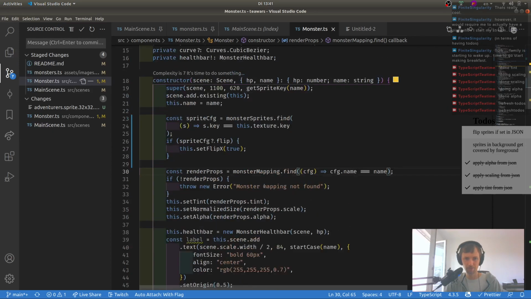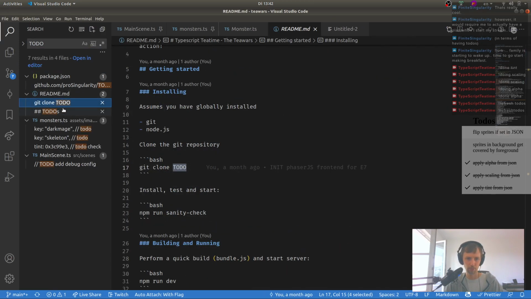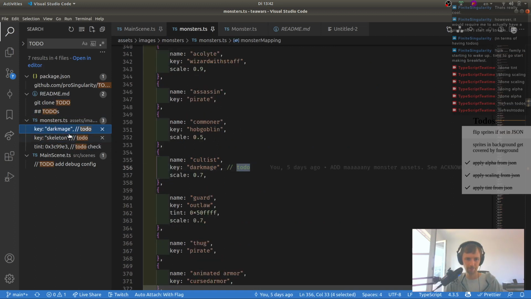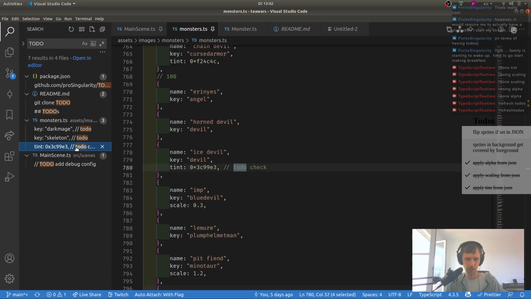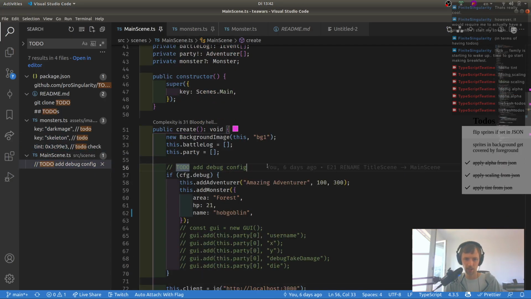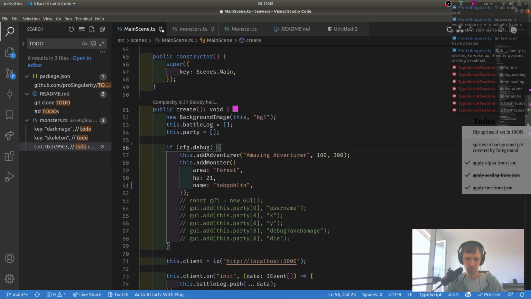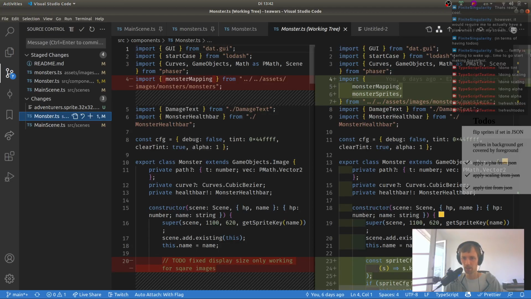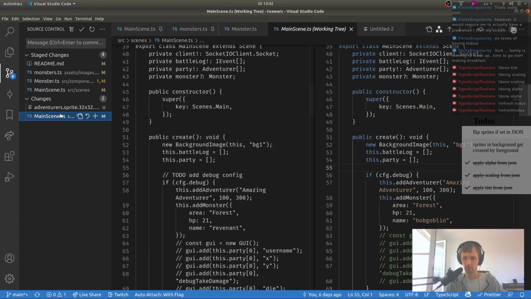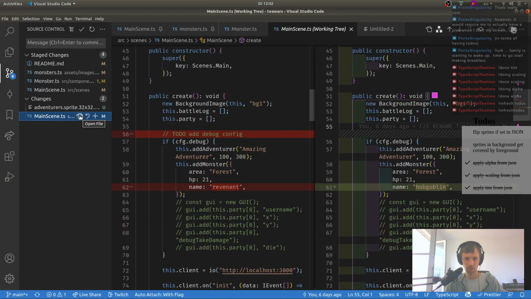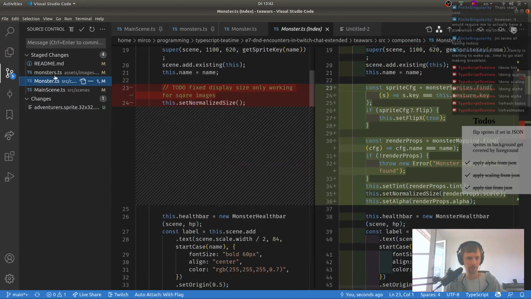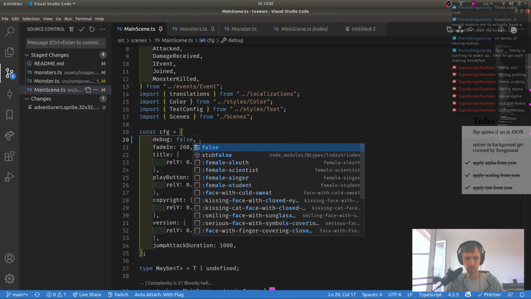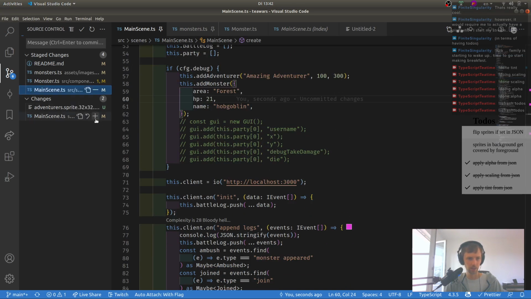This one we don't need anymore, the to-do. Do we have any other to-dos, by the way? Git clone to-do. Whatever, to-dos, that's fine. We have some configurations to check apparently, but that's fine. And then add a debug config. That's what I have. Right there. Perfect. Meaning, I think we're done with that one as well. Yeah, whatever, we can push that one. But we don't want to change this part here. False. And now